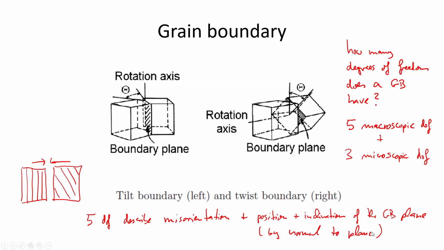So this is a direction of the grain boundary normal. And since it's a grain boundary normal, we only need 2 parameters to describe it. So we have 3 plus 2 is 5 degrees of freedom. This is something which we can measure experimentally and which we can control by, for example, annealing treatments or deformation processes. The 3 microscopic degrees of freedom we cannot control. Nature controls it. And this is basically the local relaxations of atomic positions in the grain boundary plane to minimize the stresses locally at the interface between the two crystals.